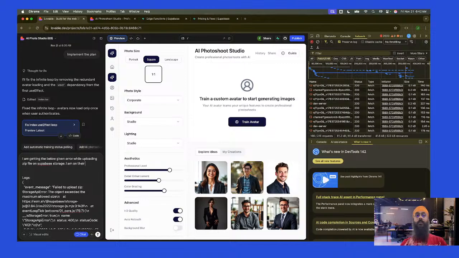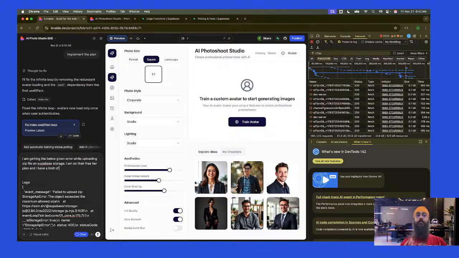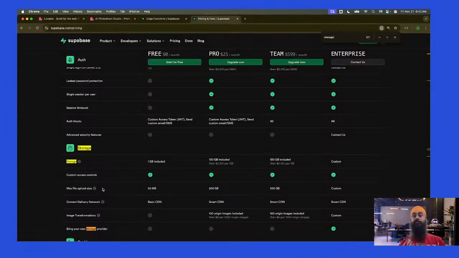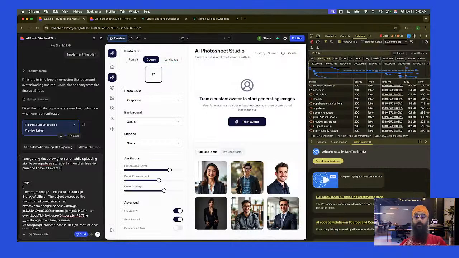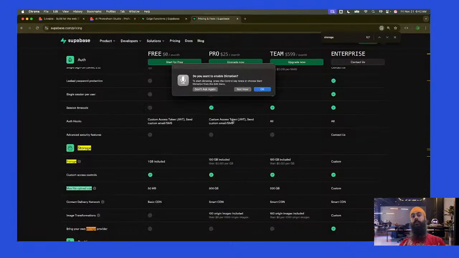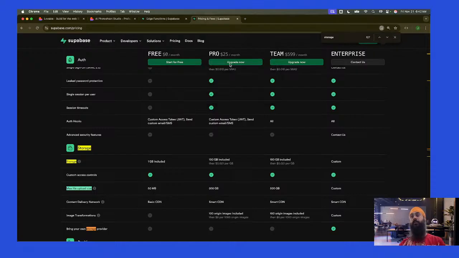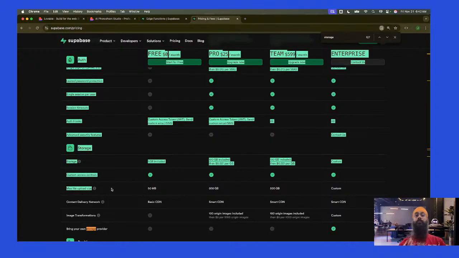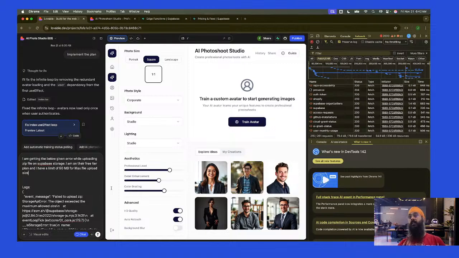I am on their free tier plan and I have a limit of 50 MB for max file upload size. I can anyway buy their bigger plan, like $25 a month. But in any case, I plan to get rid of this. I don't really want to upload and save the file on our server.